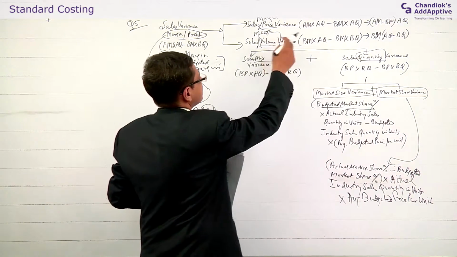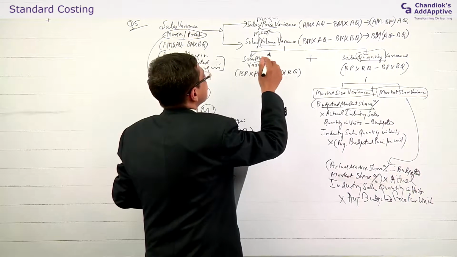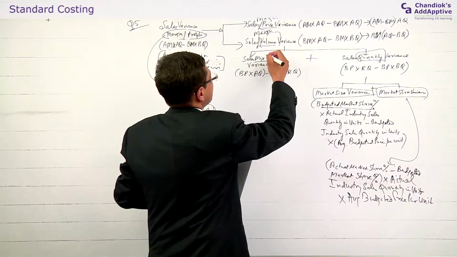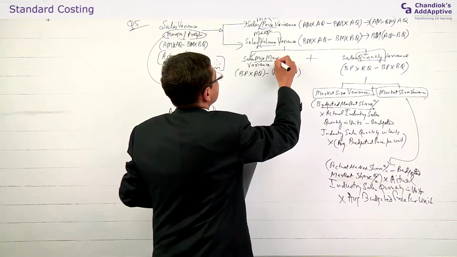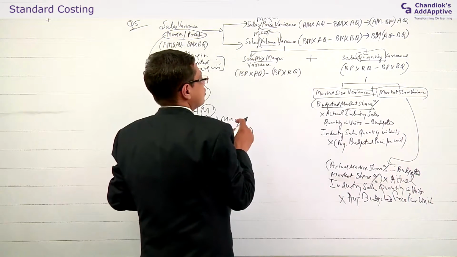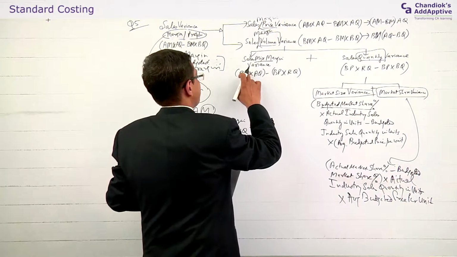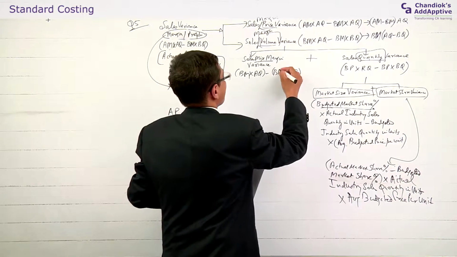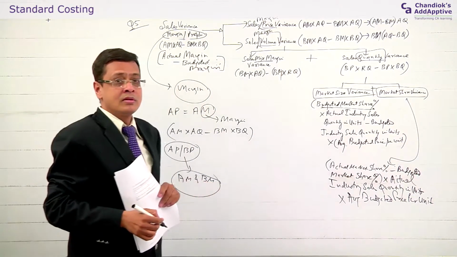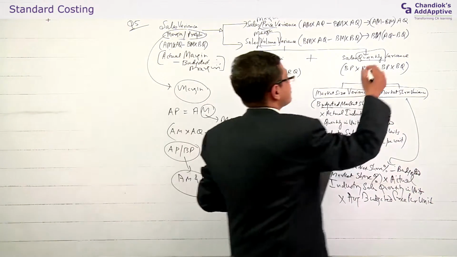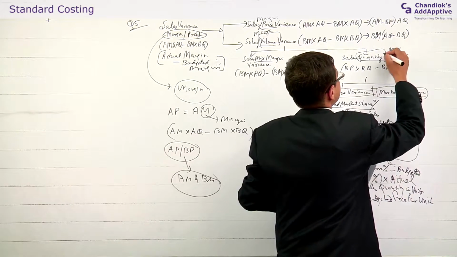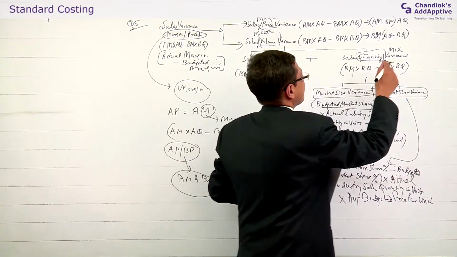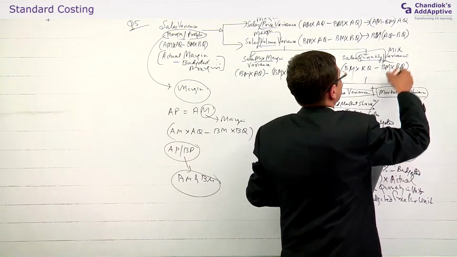In case of sales volume variance, which is now sales margin volume variance, and in case of sales mix margin variance, here what you do, this P becomes M, right? In case of sales quantity mix variance, the formula becomes